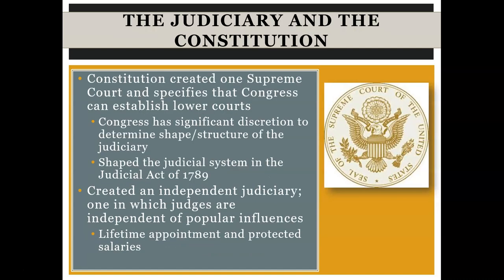So, if you take out your pocket constitutions, dust them off, and turn to Article 3, you'll see that the Constitution only creates one level of court, right? The Supreme Court. But for anyone who's had to go get a parking ticket or a speeding ticket, we have other courts, right? Not all legal matters are solved by the Supreme Court, and that's because Congress can establish lower courts, and they have. In a subsequent podcast, we will talk about the different levels of court, right? The Judiciary Act of 1789 is where a lot of the current federal court system comes from.